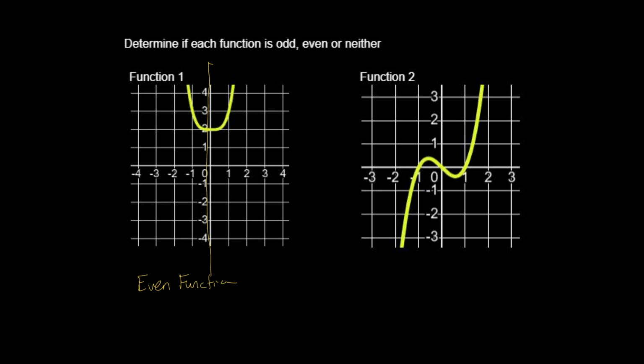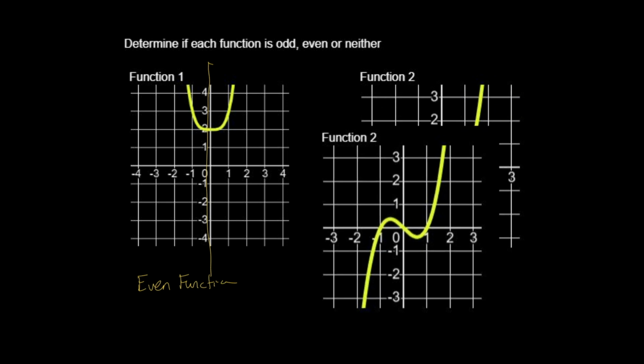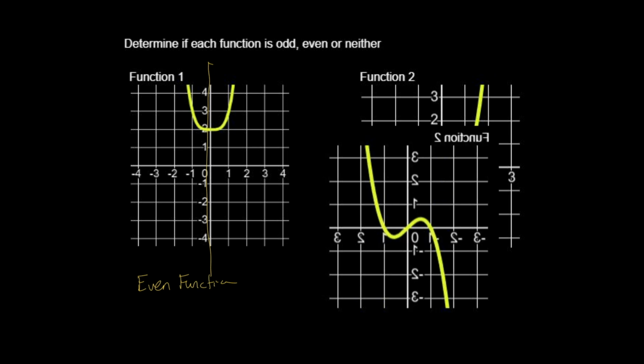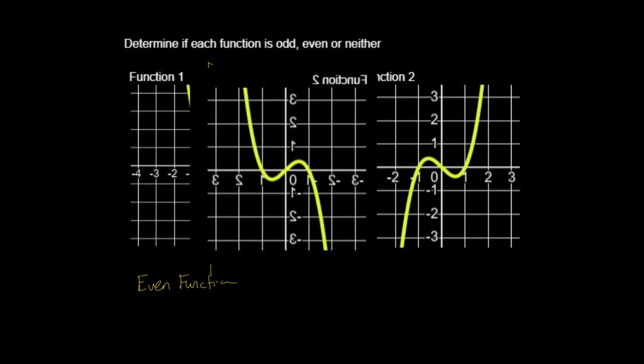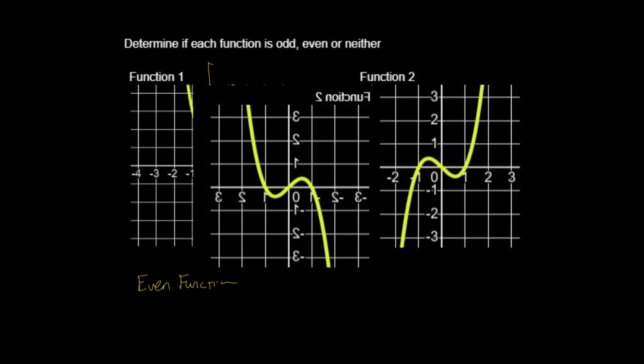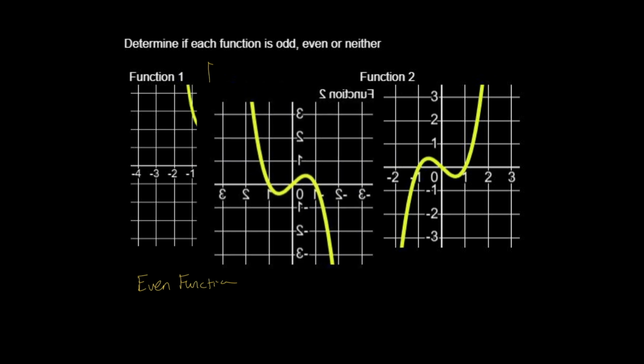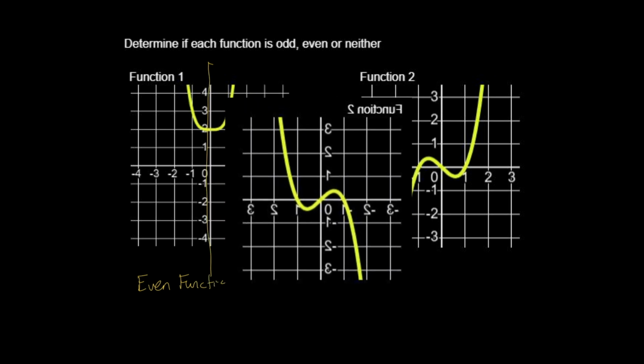And then for the one on the right here, if I were to do the same thing and take my graph, make a copy, and try to flip it to see if it's even, we would notice that it doesn't have the same shape now. One side is going down from left to right, and the general trend is going up. So it's not the same thing if I reflect it, which means it's not even. So if I reflect it back,